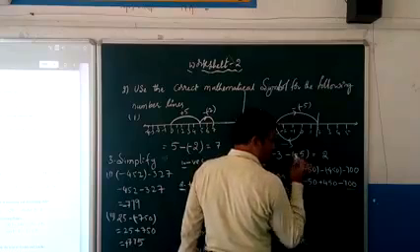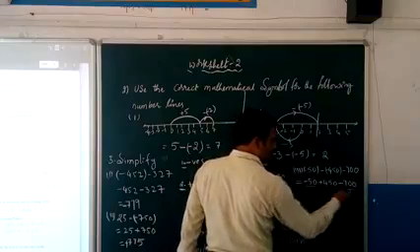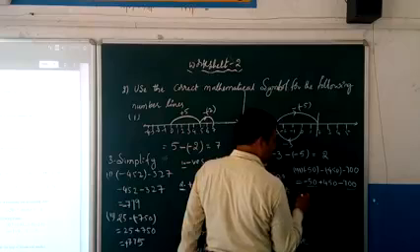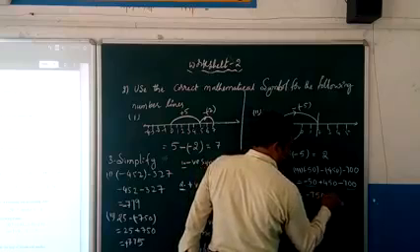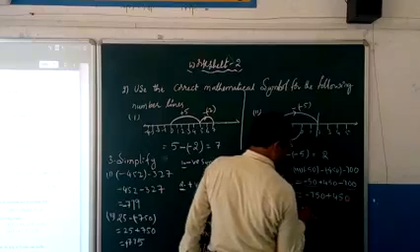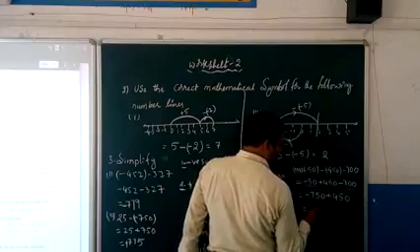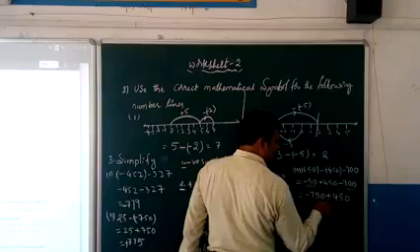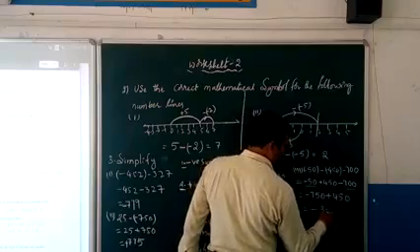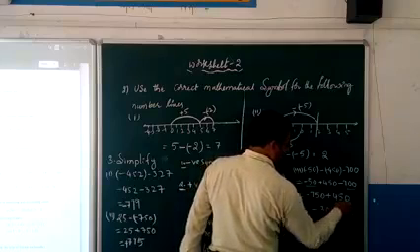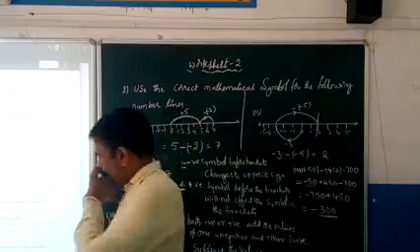Now add up the similar terms. Minus 700 minus 50 will become minus 750, and plus 450. Now this value is minus 750 plus 450. The greater value has a negative sign. Opposite signs are there before the numbers, so subtract the values. You will get 300 as the value. 0 minus 0 is 0, 5 minus 5 is 0, 7 minus 4 is 3. So, 300. Coming to the next one.